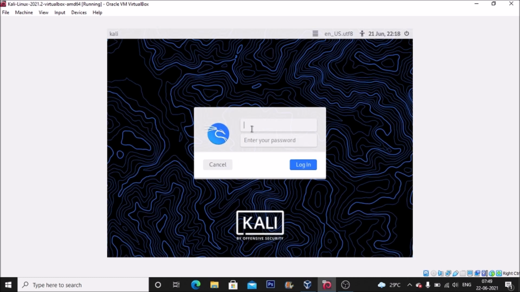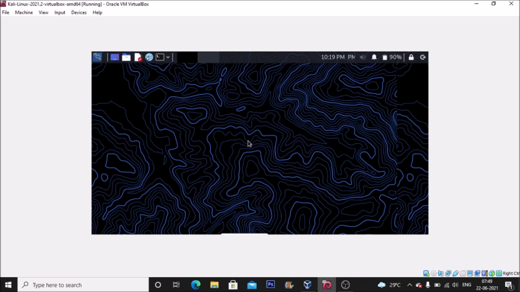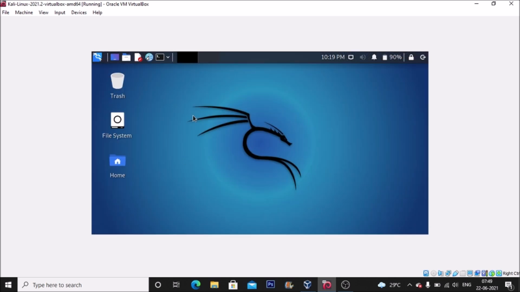So friends, this is our login screen. Right now I am going to log in as the root user because we reset the password. I hit enter, and as you can see, I am able to log in as the root user in the same machine, the machine where I didn't have the password for any user because I had lost it. Now with this setting I can log in as the root user and make changes in my machine.